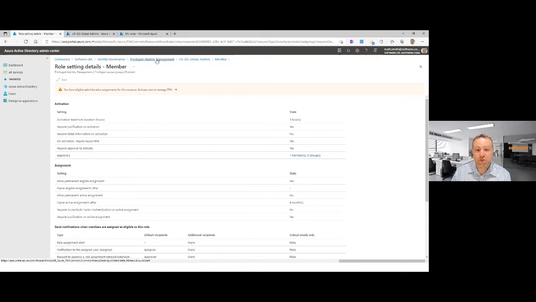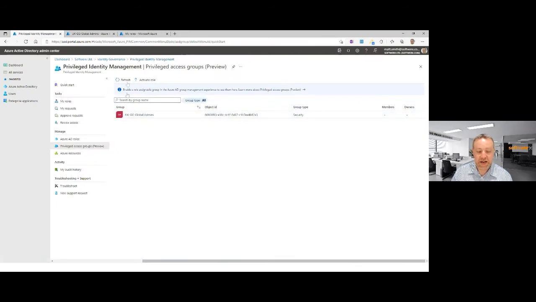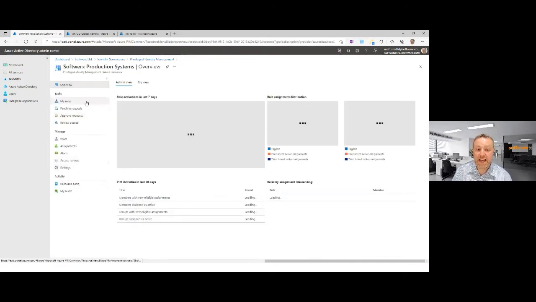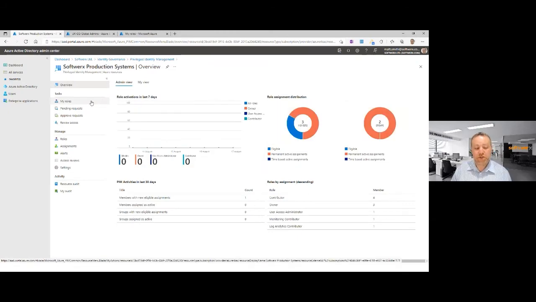You edit and manage them all in exactly the same way, and it's all done through the identity management console in here. Now, another area outside of Azure AD roles that you can control through this same method is access to all of your Azure resources. When we first connect Azure resources, the first thing that you do is target the subscription where all the resources live. Once you've targeted the subscription, it will open up all of the same level of privilege management controls